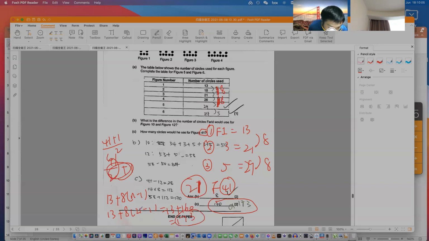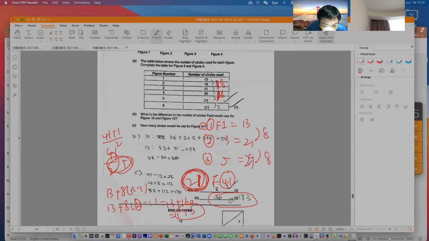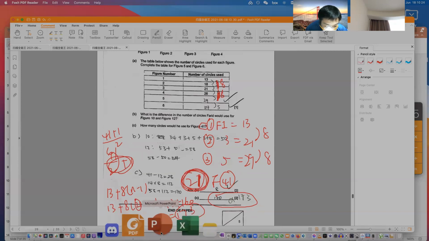Because why I key in the 21 into the n, because 21 is the 21st odd number. The first odd number is 13. The second odd number is 21. The third odd number is 29. So basically, you can establish what? Given this, you can establish